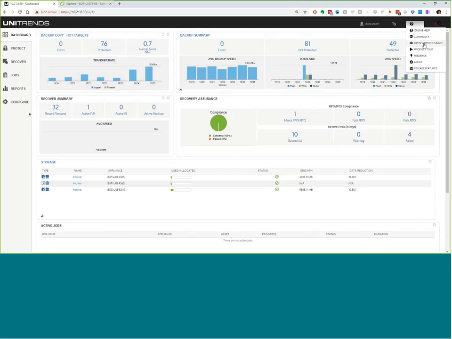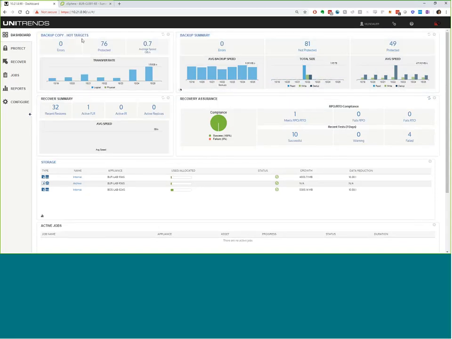You can open a support tunnel directly through the UI here, then call or chat into support, and they can VPN right into your appliance through the support tunnel, check logs, troubleshoot, and get you back up and running quickly. This is one of the main reasons why we have that 99% customer satisfaction rating, because our support team is always accessible and quick to address any issues that may come up. There's not going to be any finger pointing with Unitrends. We're able to address and get your environment up and running quickly due to our amazing support staff down in